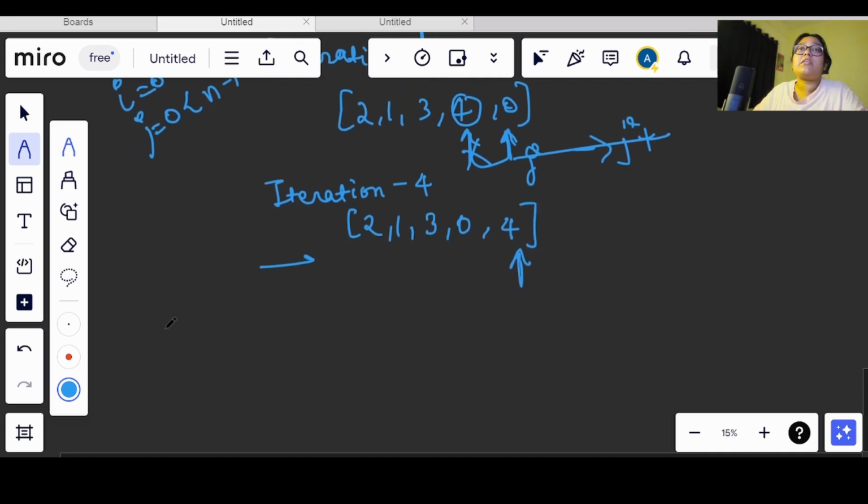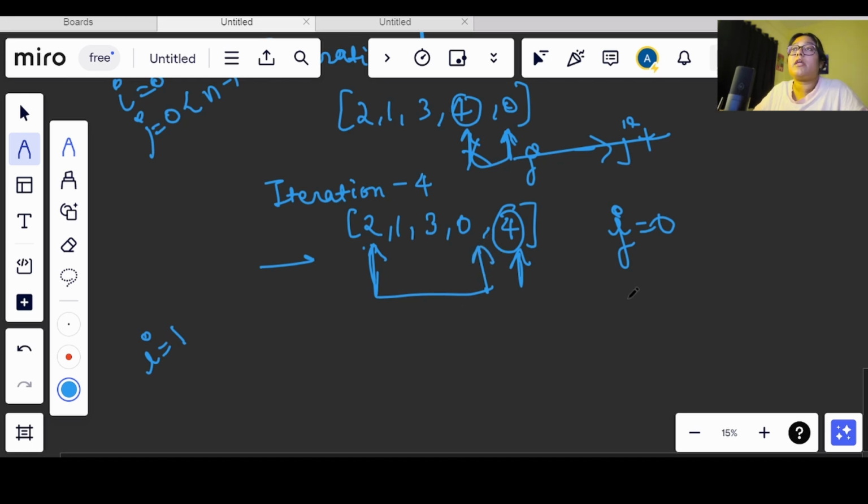Now for i equals 1, again we will start a new iteration. We are starting from j equals 0, because we need to start the comparison from here, right? But we see that the last value that we got is already fixed now. The largest element in the array already reached the end, so we don't need to go there and compare again. So we can just iterate till here in the second iteration.